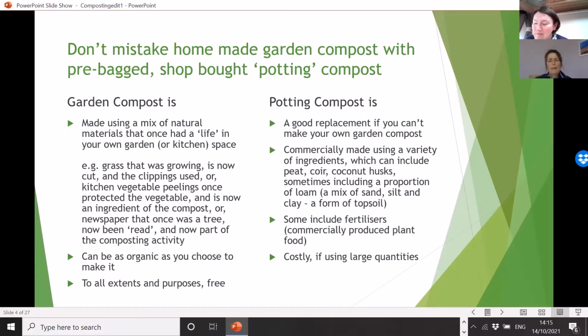But potting compost is commercially made using a variety of different ingredients, which can include peat, coir, coconut husks, you know, different bits and bobs that have come from all over the world. And they sometimes include a proportion of loam, which is a section of topsoil, basically a mix of sand, silt and clay. Some bagged commercially produced fertilizers, and that is like plant food, is added as an additive, and all of the above costs money. And if you're only buying one bag, then it's not out of the way, but it can be very costly if you're using